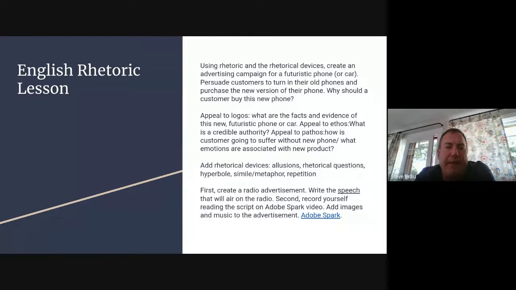And then I also want them to add some rhetorical devices like allusions or rhetorical questions, hyperbole or simile or metaphors or repetition. And so what I have them do is create a radio advertisement. They could write the speech that would air on the radio, and then they could record their voice, and they could add little images onto the Adobe Spark video. So we'll take a look at some sample